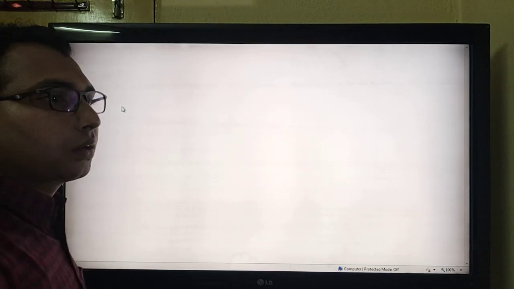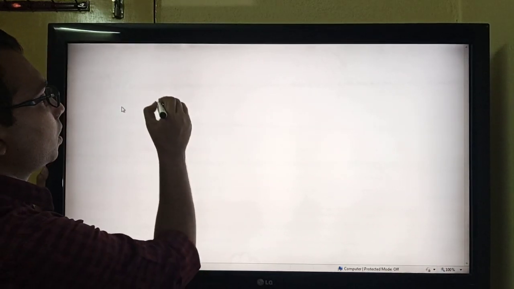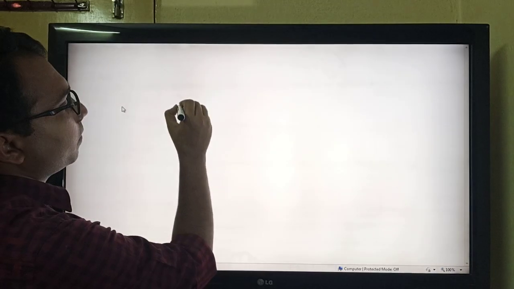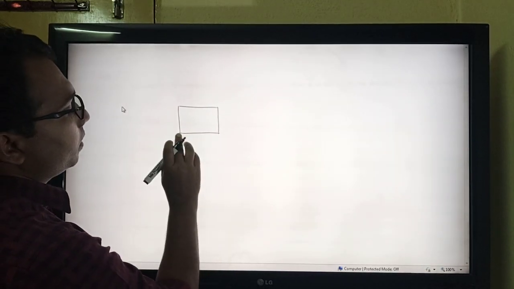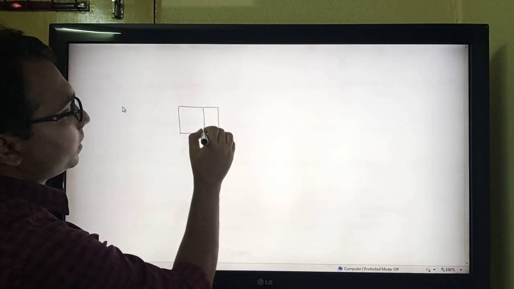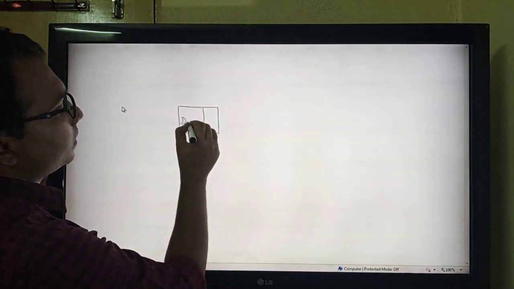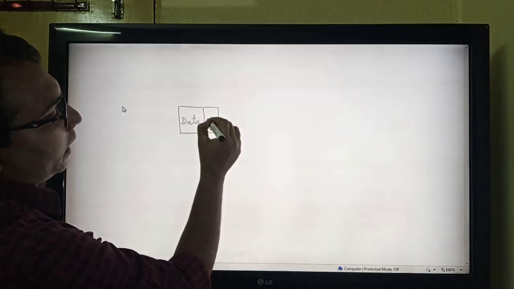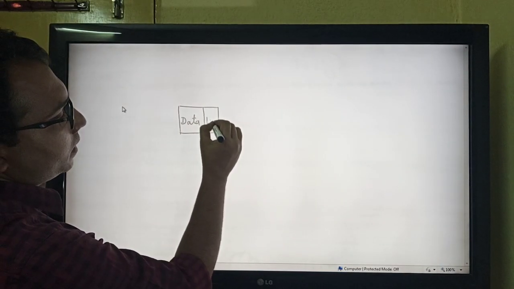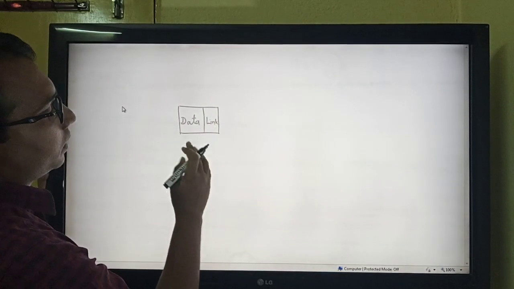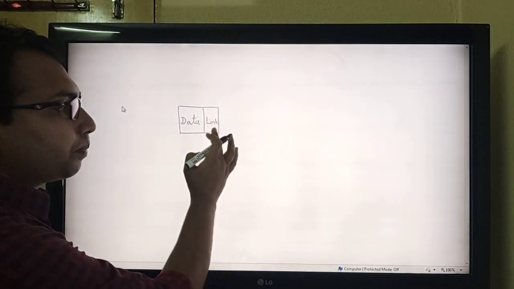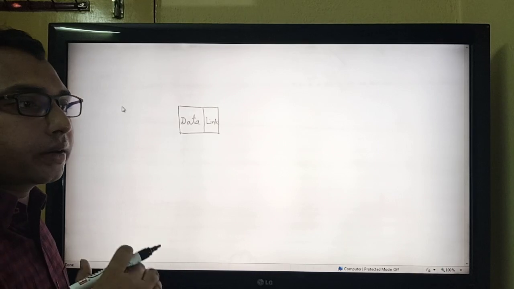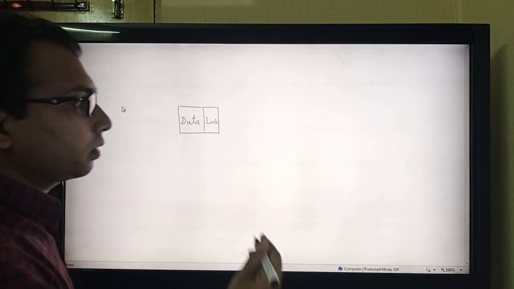Here a node has basically two parts: the first part is the data part and the second part is the link part. The data part holds the value and the link part holds the address of the subsequent node in the list.